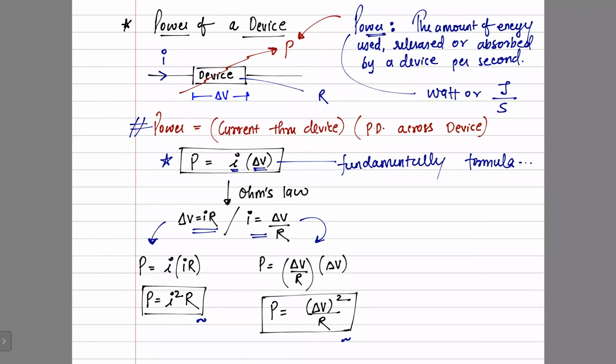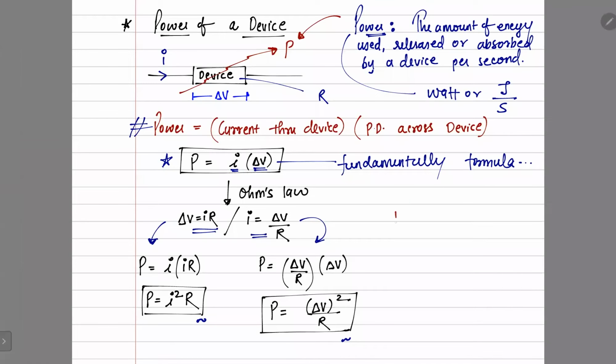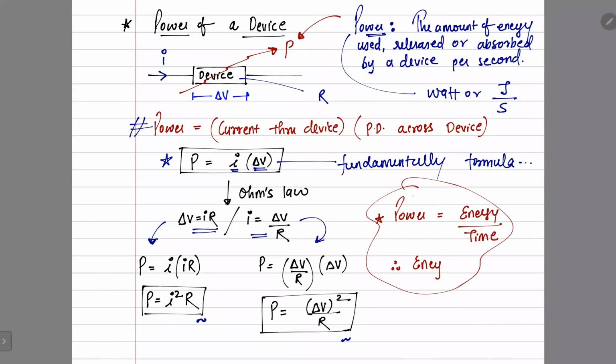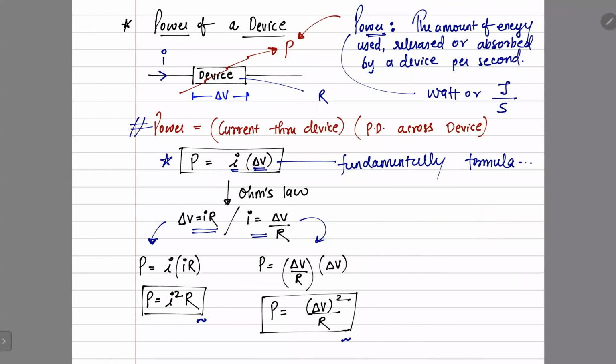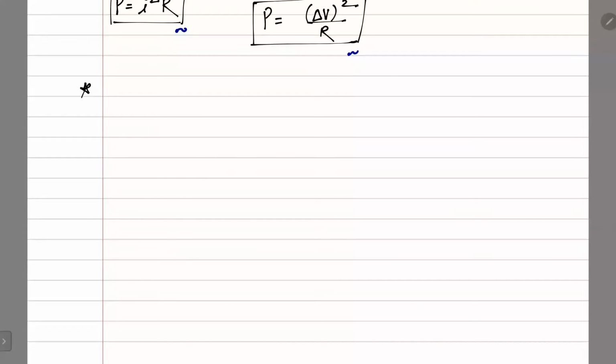Thank you so much. Now, power can also be written as energy upon time. This is also the formula of power. Let me delete this. Let me write down the next part, which is power of a device. We have read that. Now we will talk about energy